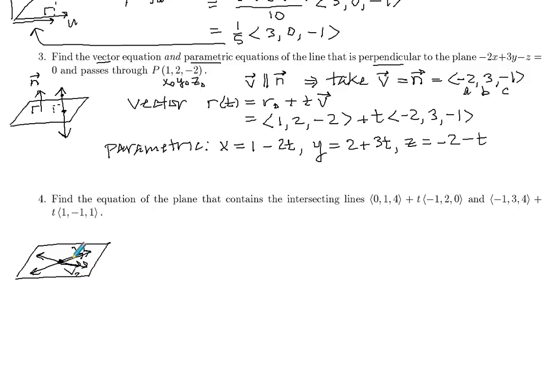We can move those around so that the initial ends are at the point of intersection, and then the cross product of those two direction vectors is going to give you your normal. So your normal here is going to be V1 cross V2,